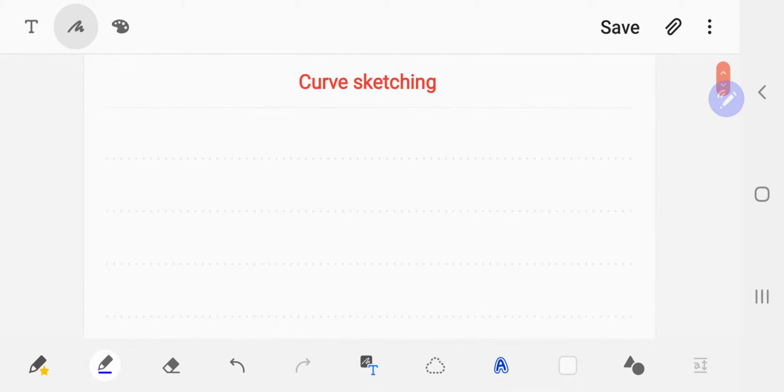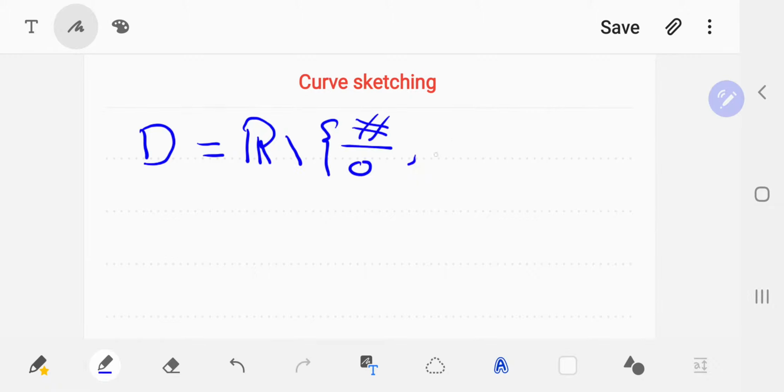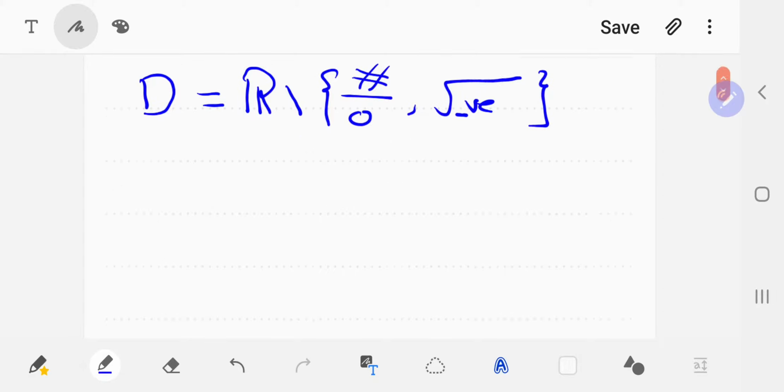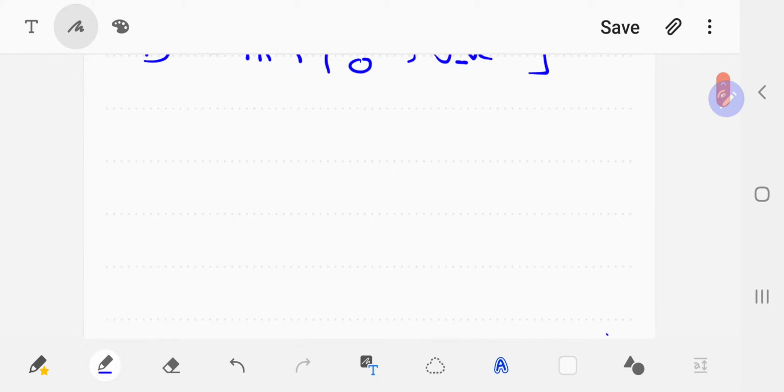Well, as I said, to sketch a graph of a function, you need to do a few things. The first thing would be finding the domain of the function, and as we know, the domain in general is all real numbers except for zeros of the denominator and negatives under an even root. These are the exceptions of the domain. After you find the domain, you can go by checking the vertical asymptote,